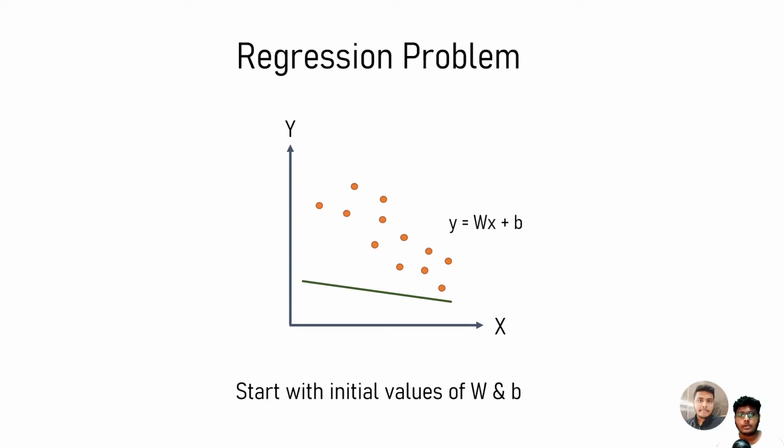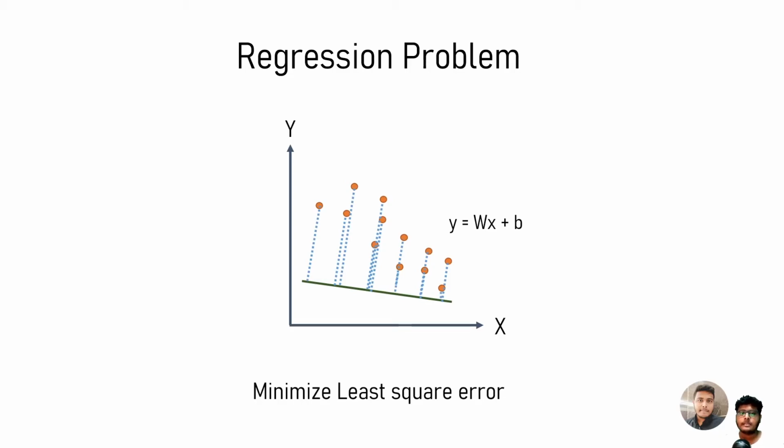So once we have this line, what we do is we calculate a loss. And what is the loss? Now in this case of linear regression, the loss is going to be the least square error. So basically we get the distances of all the points that we have in our space. We have all these points plotted over here, so we check what is the distance between each point and the line that we have plotted. Then we apply the least square formula and we get a loss, right?